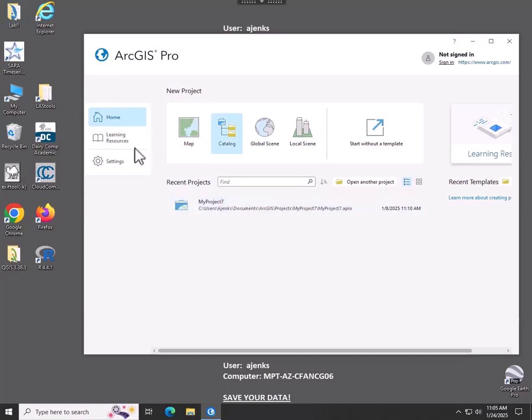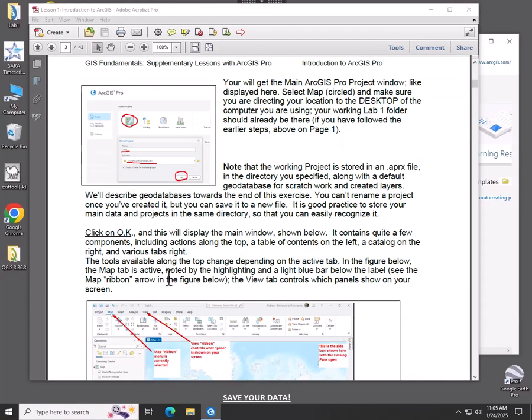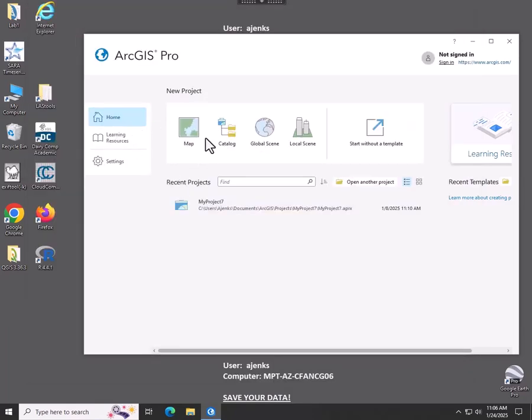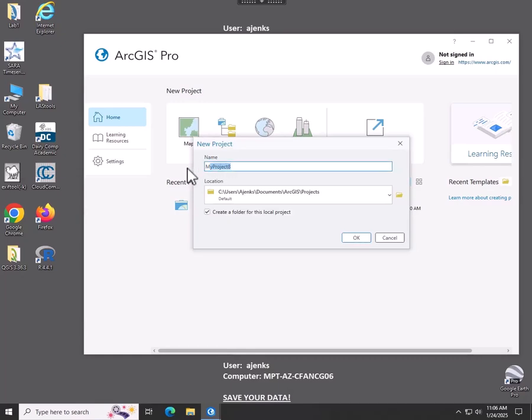All right, so now we're going to start ArcGIS Pro, and in the instructions we talk about that very same process where we're using the data from the desktop. Here we have the instructions talking about that. Okay, so I'm going to use the desktop data. So I'm going to go to the map, create a new map. Now for my first lab, I'm going to type in Lab 1, some name like that. And now this is very, very important.